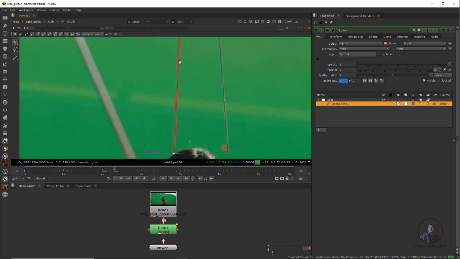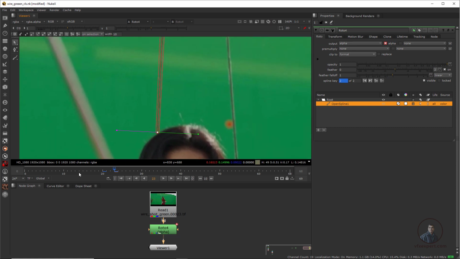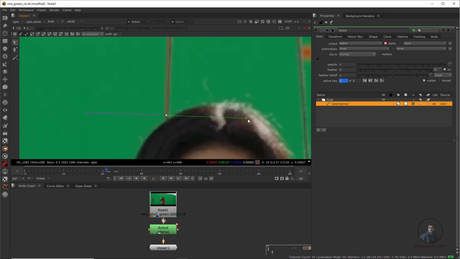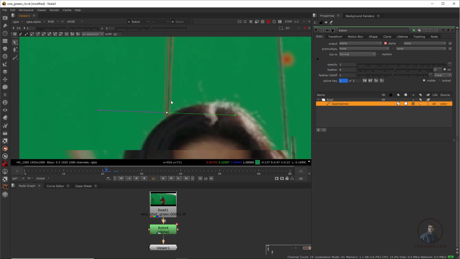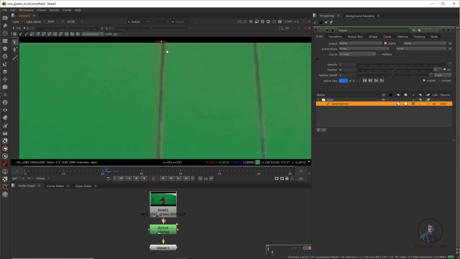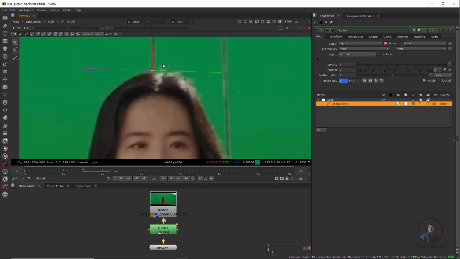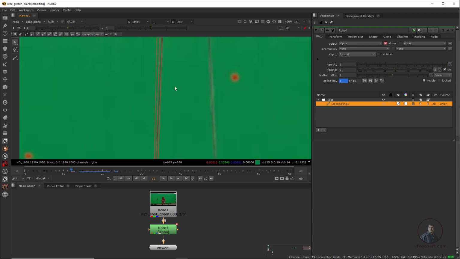Like this we have to cover our entire wire. The area you can adjust according to your actual wire expansion or your required area. Simply cover your entire wire with this shape.